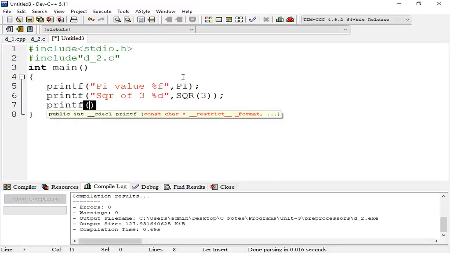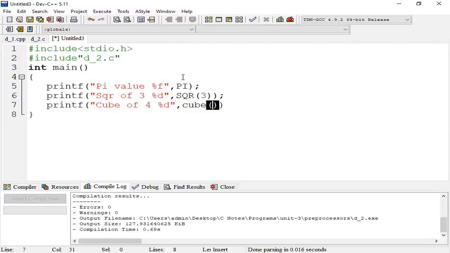Next, printf cube of 4 is %d, cube of 4. In this program we have not defined pi, square or cube, but they are defined in d2.c. In that file only we define the values.